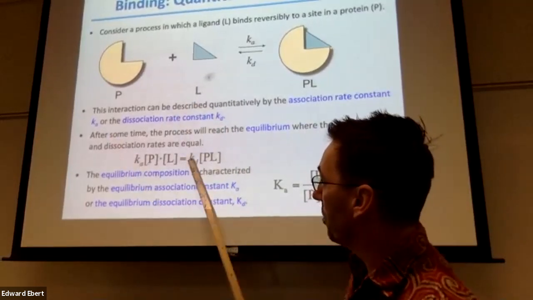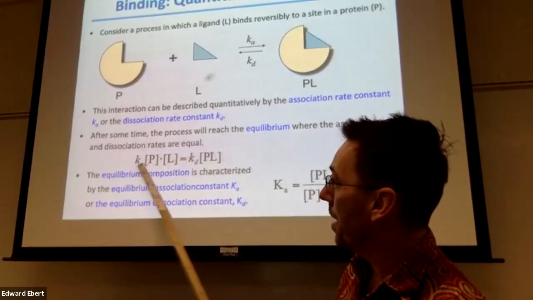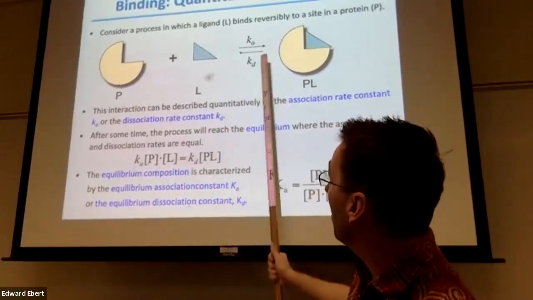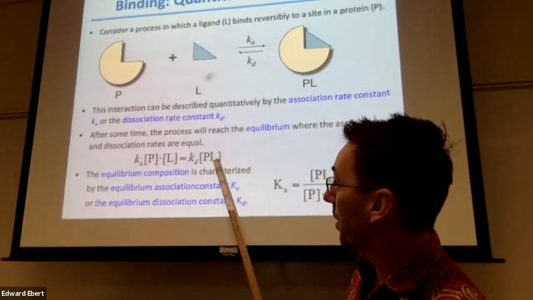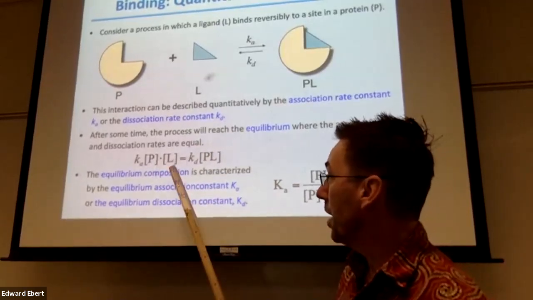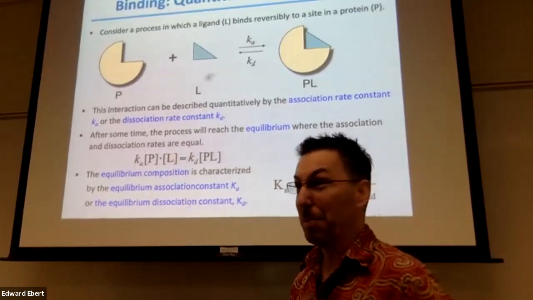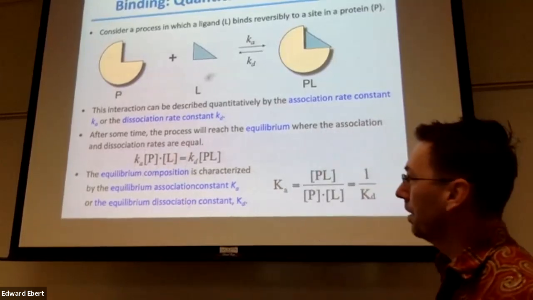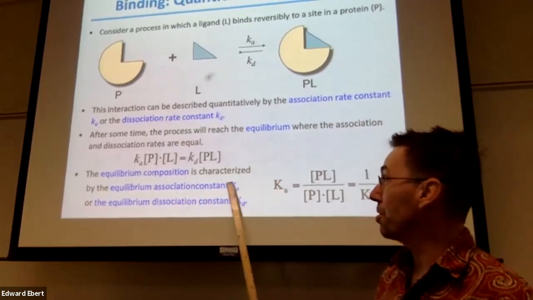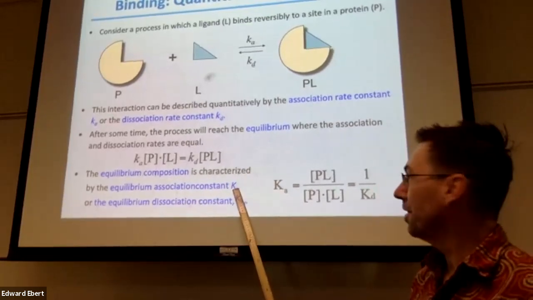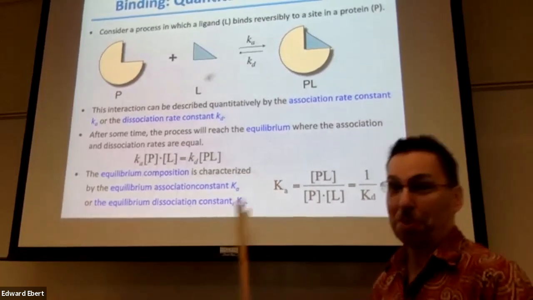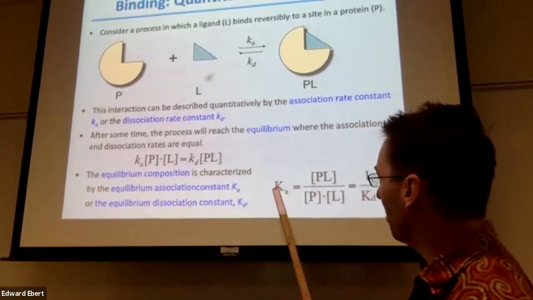So we could actually write up a nice little rate complex here and say our Ka times our protein concentration, ligand concentration is going to be equal to our Kd times our protein-ligand complex. This is at equilibrium. Right? So now we can rearrange this and make it maybe a little easier to work with. Okay? So we can look at this large Ka here. This will be our equilibrium association constant. Okay? Capital Ka. We could invert that and have our equilibrium dissociation constant Kd, but mostly we'll talk about this